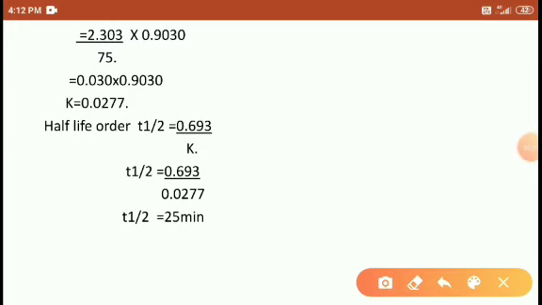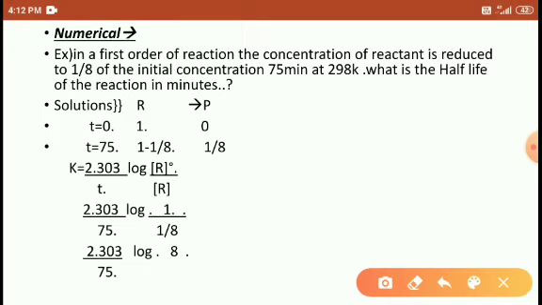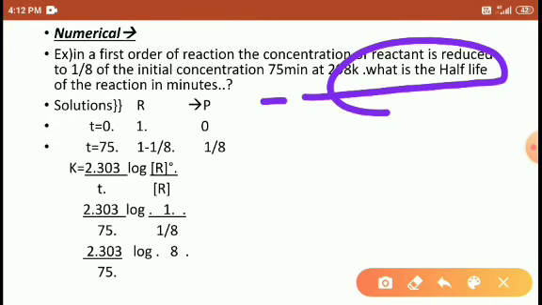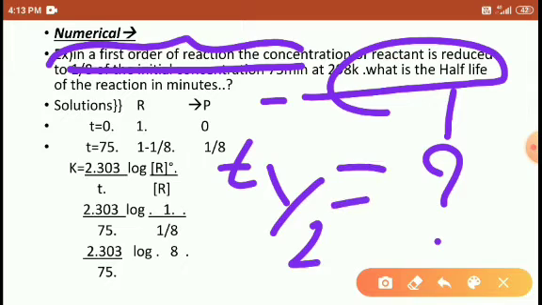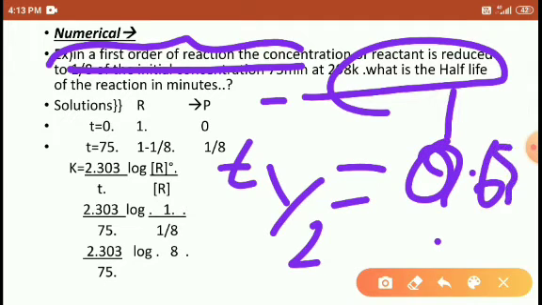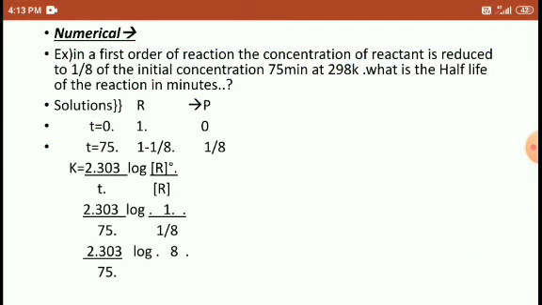So these types of questions are there. Read the question properly. Here we have to find the half-life with the help of the first order reaction. For finding the half-life t half, we need 0.693, which is given, and we need k. So we get k with the help of the first order reaction, right, students?